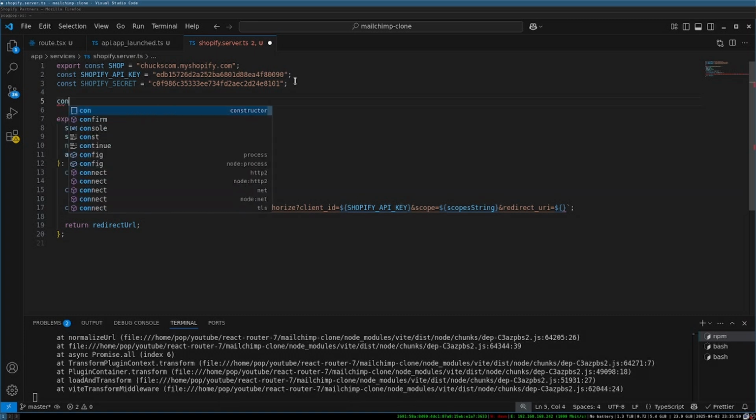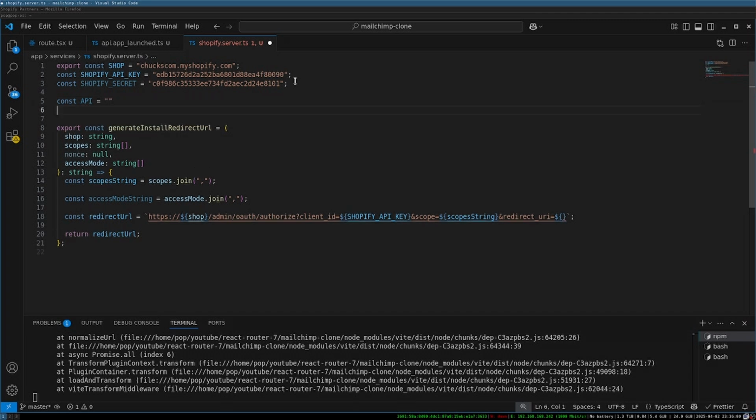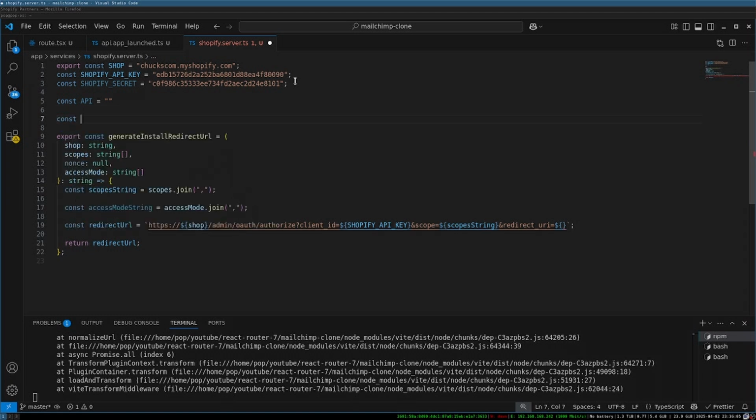So let's have this const. The redirect URL is gonna be our API. So now I need to const API. I need to start ngrok now so I can show you. So let me const redirect URL is gonna be equal to this API. And now the redirect URL